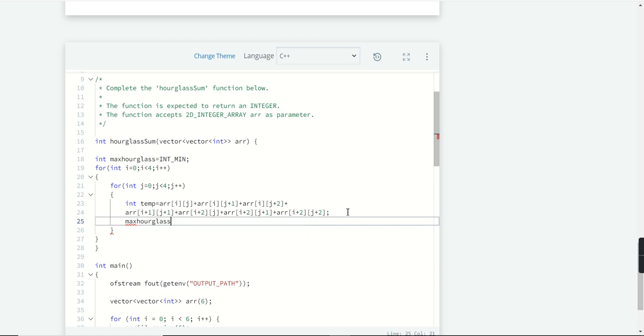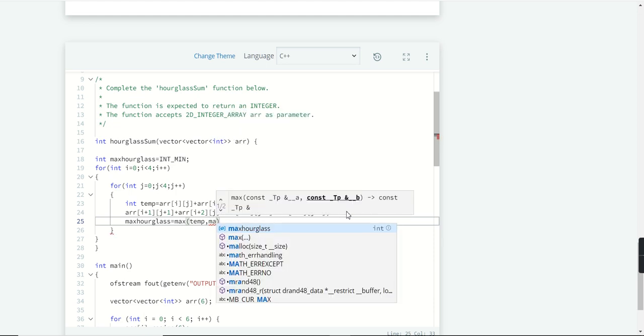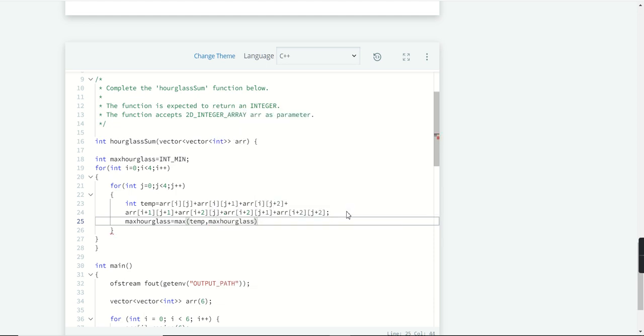Maximum hourglass equal to maximum of temp, the variable I have taken, or this one.